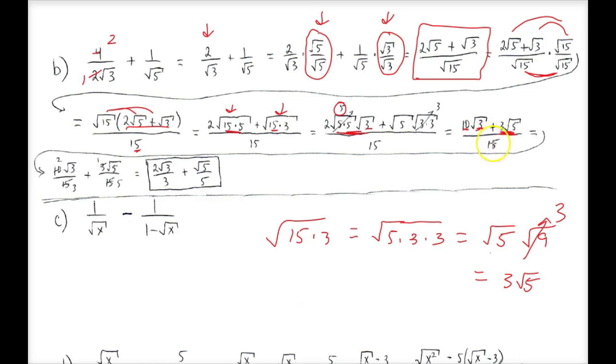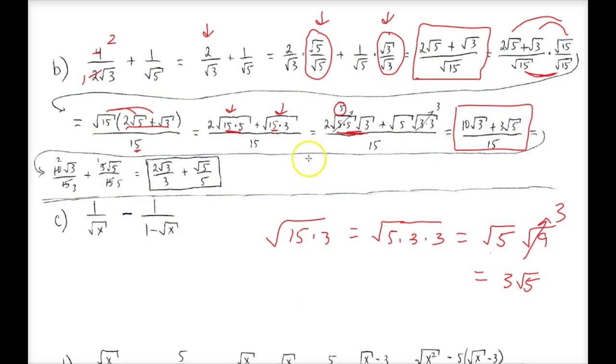And so now from here, we see that we have a 10 and we have a 3. And so all that I've done now to try to simplify this, I could leave it in this form, or I could break it up as a separate fraction and reduce that way. So leaving it like what we see here, this is an acceptable form, but I just want to step further to show you that